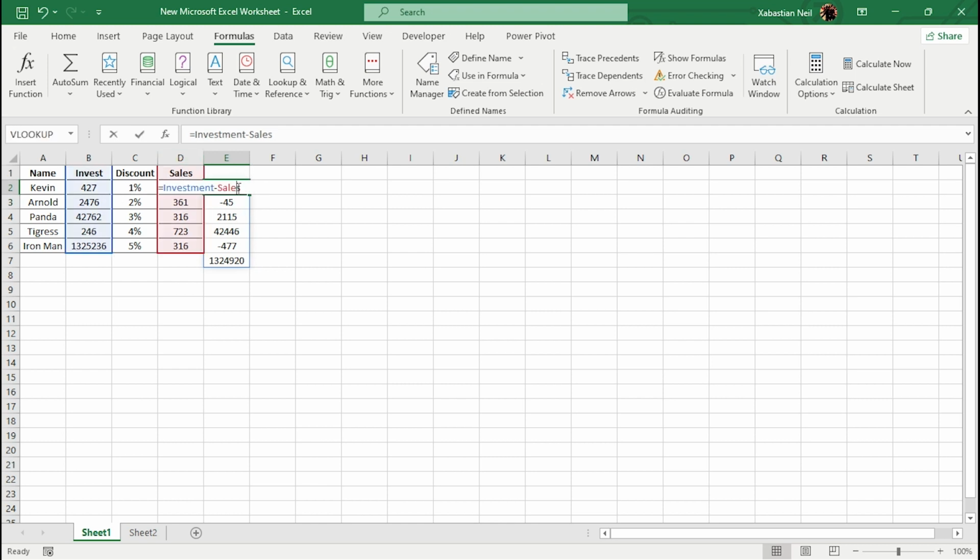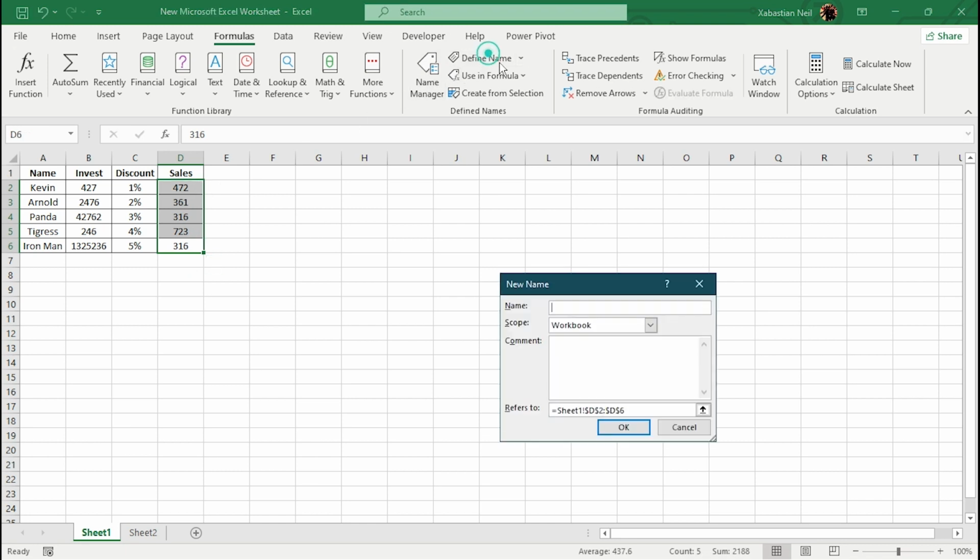As I did this, what I did was select all of it, but I have to select only the data, define investment, select this, and define name, which is going to be sales. Okay,